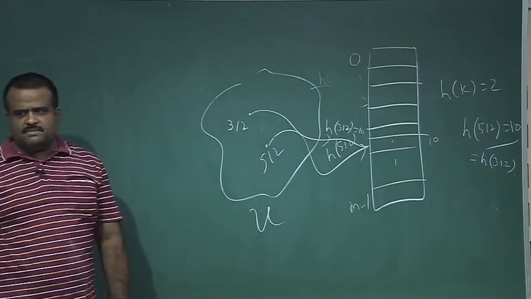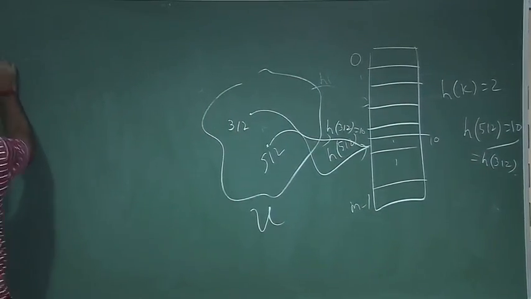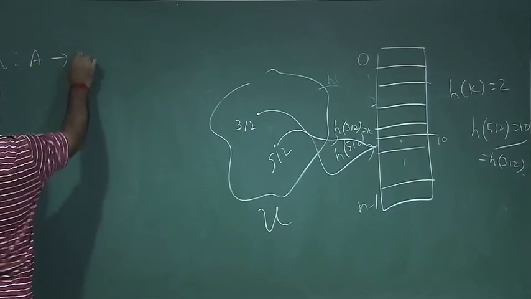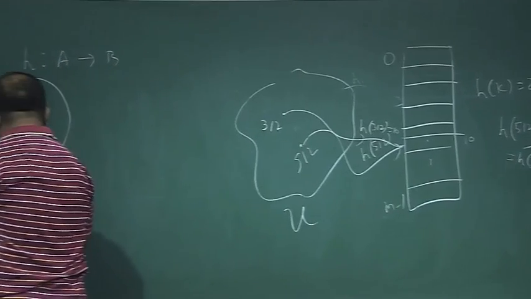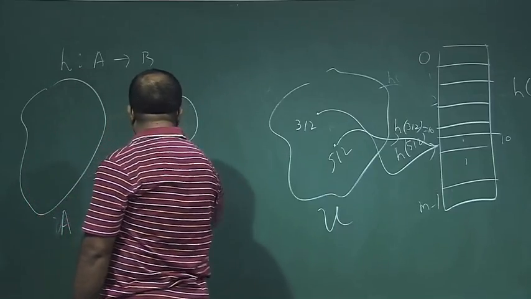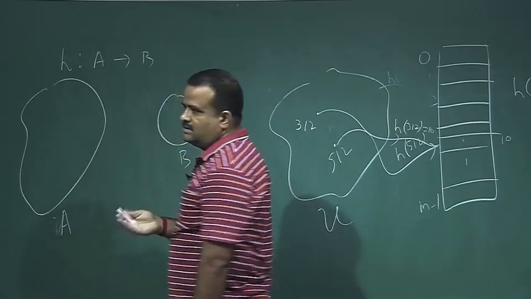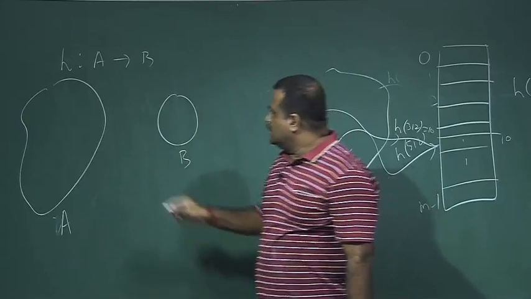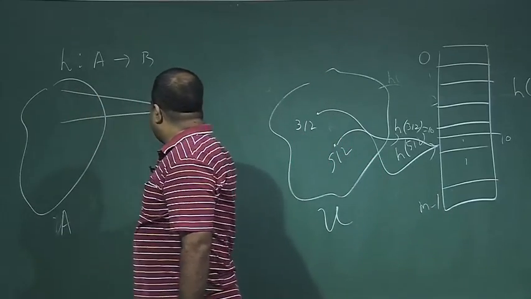This is very possible, because h is a function from A to B. A is the universe set, and B is a very small set, because the number of slots is very small. So, there has to be collision,